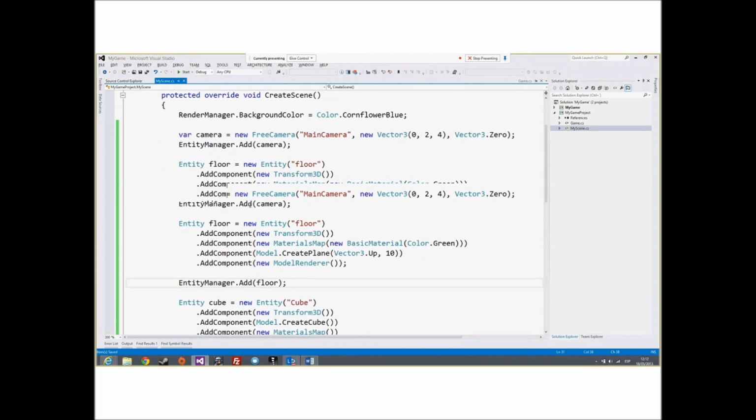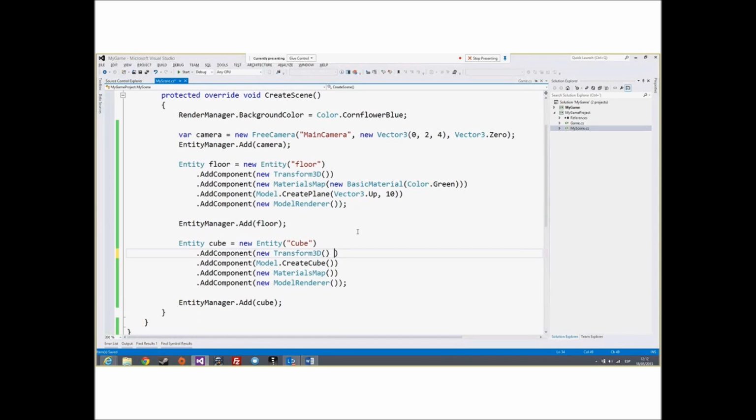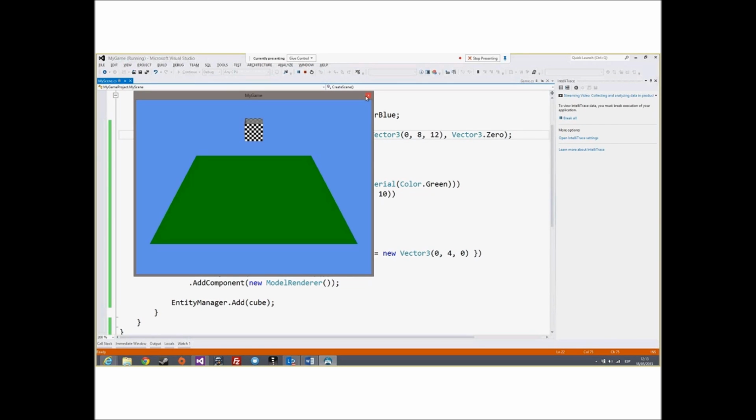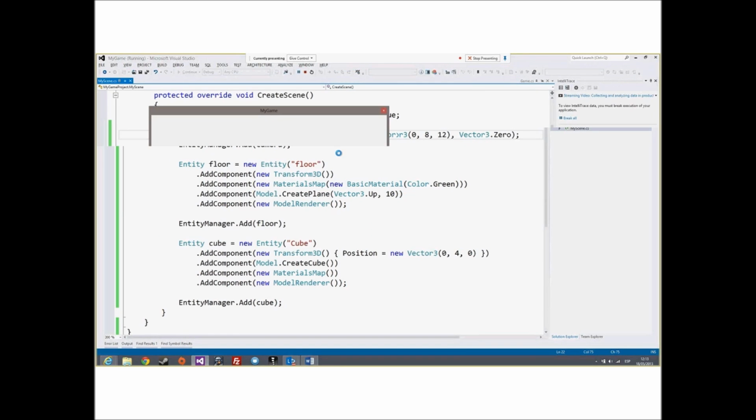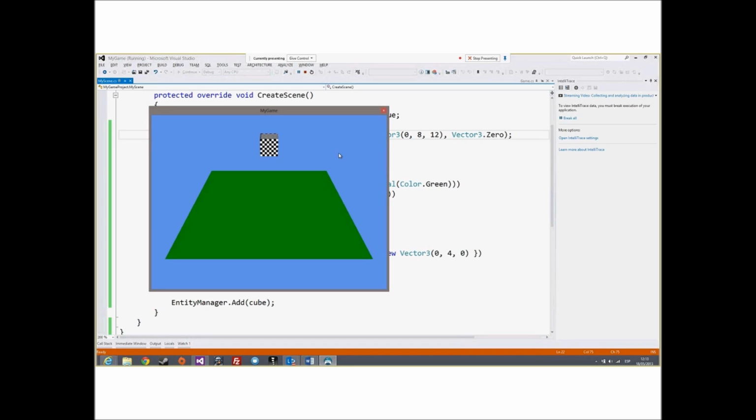I'm going to change the camera position so that it will be on top of the plane. Zero, 4, 0, and I'm going to move the camera farther, 12. And if we run it, now we can see, ouch. Now we can see the cube on top of the plane.